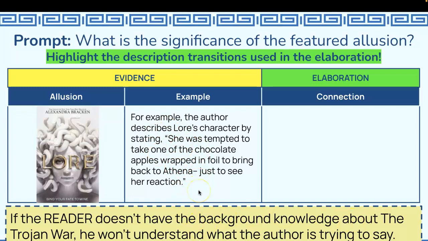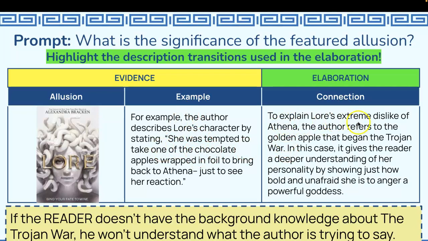is about. So in the Trojan War, the war starts when one of the goddesses is upset that she doesn't get invited to a wedding. So she throws this golden apple into the middle of the room, and it says, "To the fairest." And all of the goddesses fight over it. And Athena is one of the goddesses who loses. So in the book, it's referenced here.